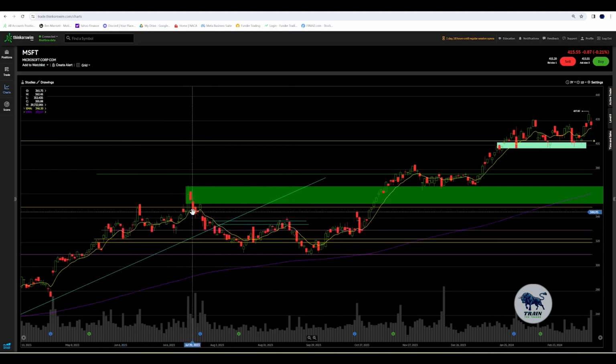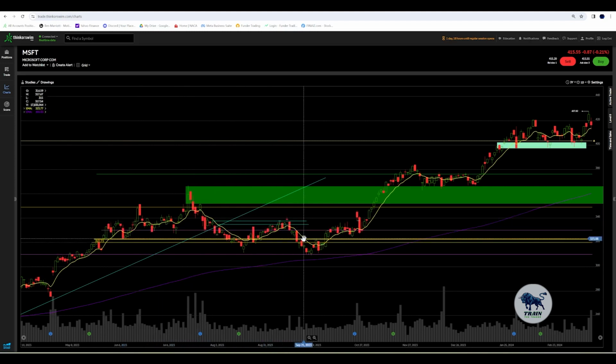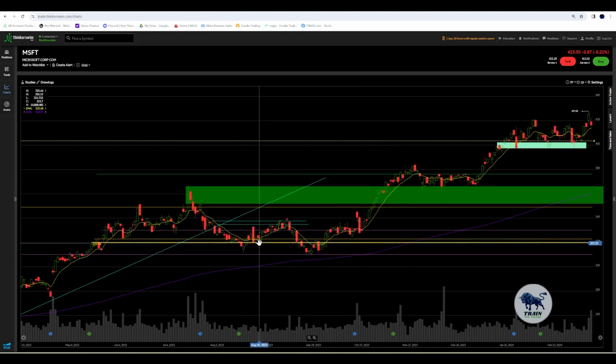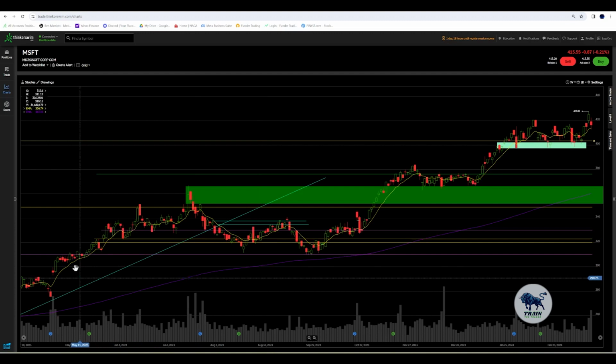The yellow line you see here is my 9 EMA. This is more of a quicker reacting moving average, so it tracks current prices a little bit faster than the 200 EMA. I use this as support and resistance sometimes and crossover moves. So whenever we get prices that cross over the